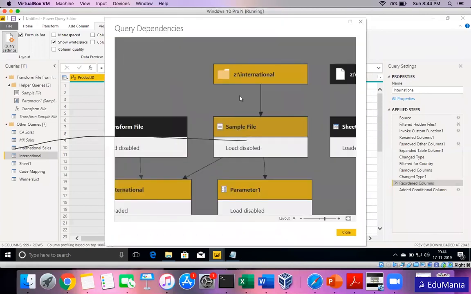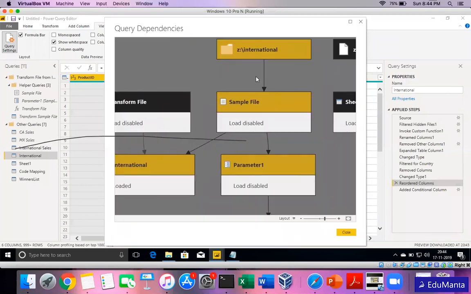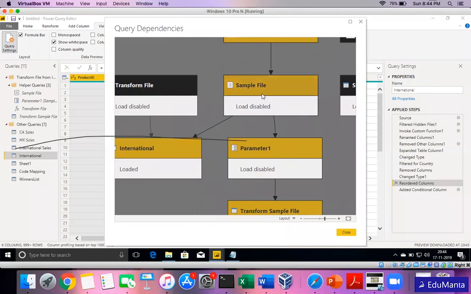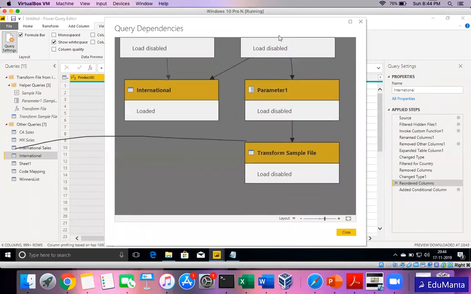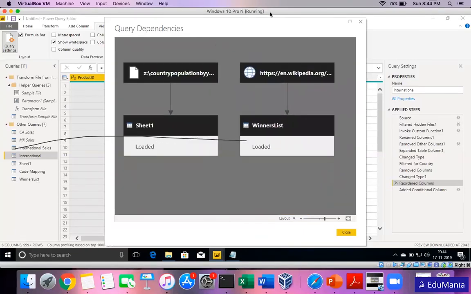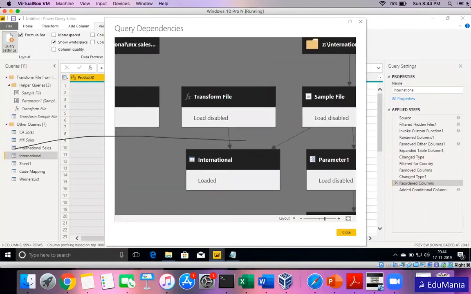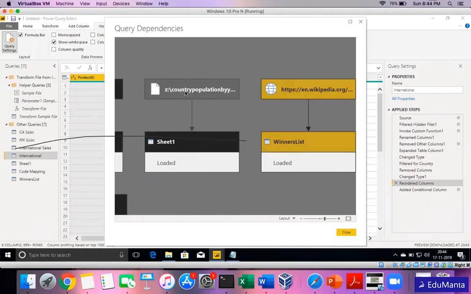For example, if I click the international folder, you see everything related to it is highlighted in yellow, which says that from international, I have taken the sample file, and then it has transformed everything into this international folder, because there are multiple files, but these other things are not related to it. When I click on the web, I see only one thing highlighted in yellow, which means only my winner list data is impacted by it.